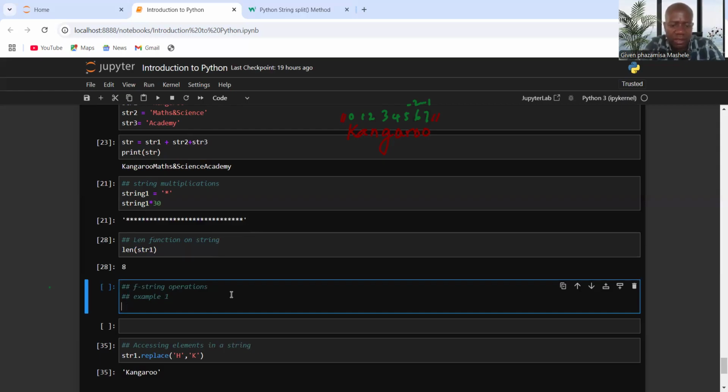So if I say print, in a quotation mark, my name is, then here I put string 1, then in a quotation mark again, and my surname is, then outside this I'm going to put, let's say, okay,